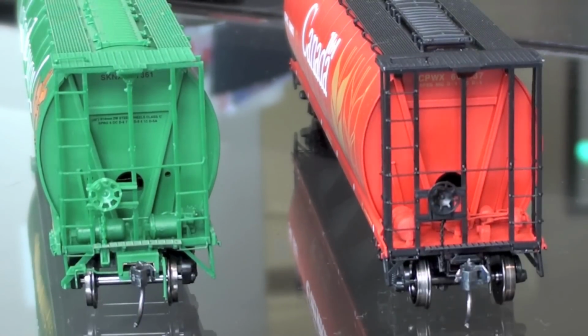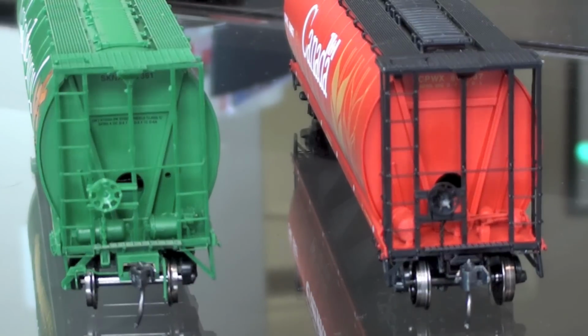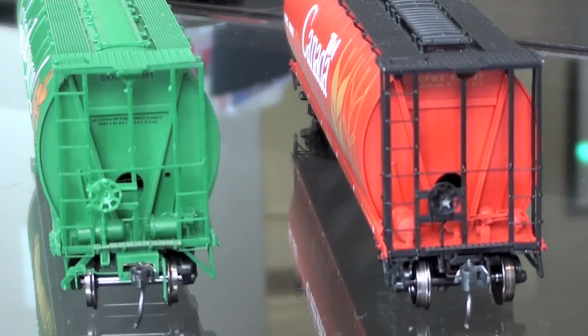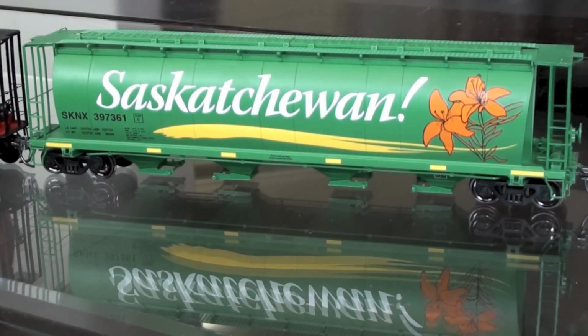There's a good shot. You can really see the difference in the look of the wheels and the wheel treads. So the Intermountains are a lot more forgiving for out of gauge track or turnouts or whatever. These are not so much. So that whack of grain cars was the only new rolling stock I got over the last month. So I'll show you